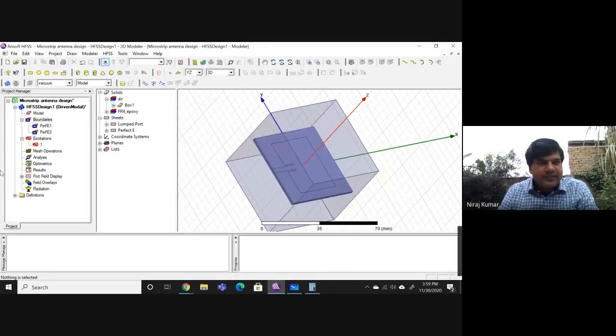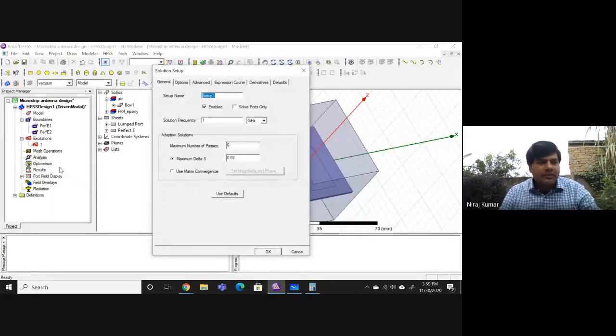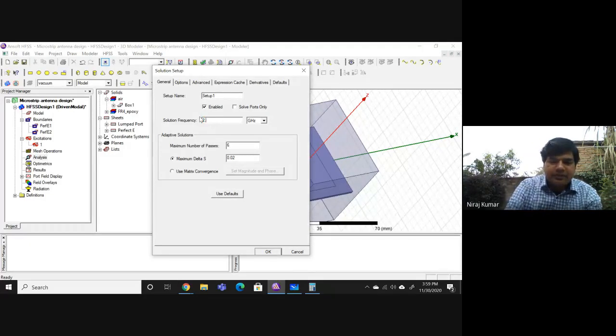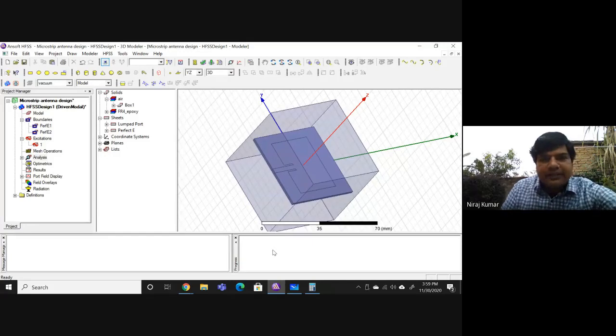Now this thing is ready. Only one thing is pending, which is called analysis setup. Now we are going to do the analysis setup. Right click on this, add solution setup, and just click frequency. Solution frequency is 2.4 gigahertz. We are going to get the solution at 2.4 gigahertz, right? So at 2.4 gigahertz,